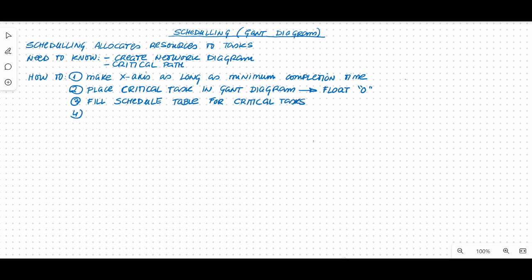Then what you're going to do is place all the non-critical tasks, everything that does have a margin, in the Gantt diagram. And for that, you're going to do it one branch at a time. You're going to work in your network diagram, seeing what precedes what. And from that, you're going to be able to read